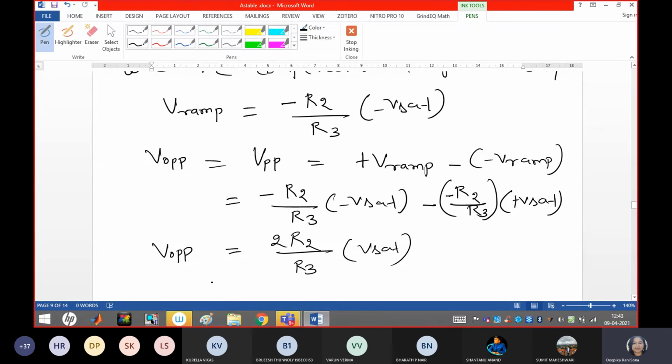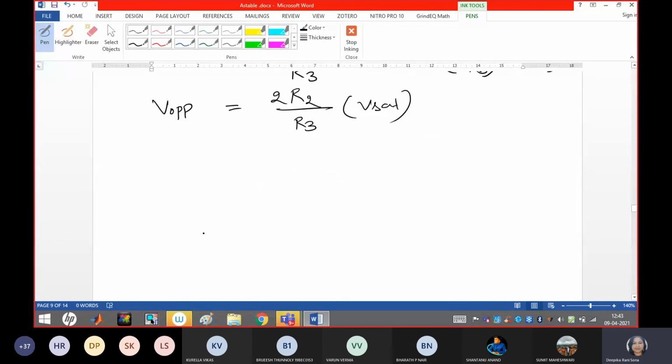But now it is not the original output voltage of the triangular waveform, guys. Why? If you see your output waveform, what I have shown you earlier, the time taken from minus V ramp to plus V ramp is the time period of T by 2, and it is happening because of the integrator circuit. So better what we will do, we will apply the integrator basic equation. The output switches from minus V ramp to plus V ramp in half of the time period, T by 2.